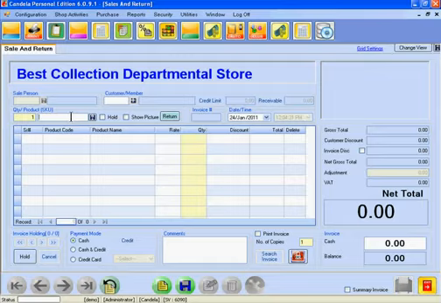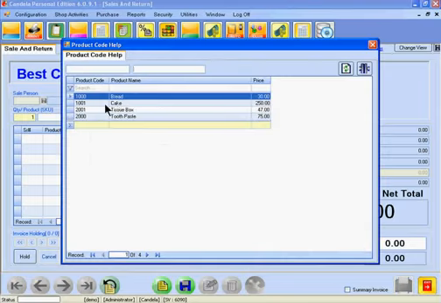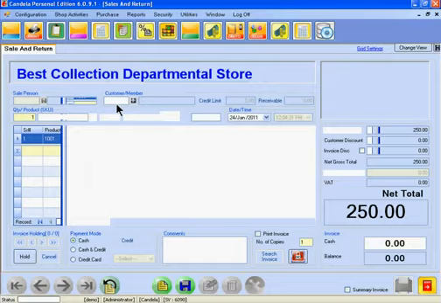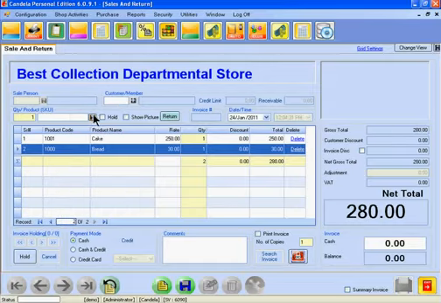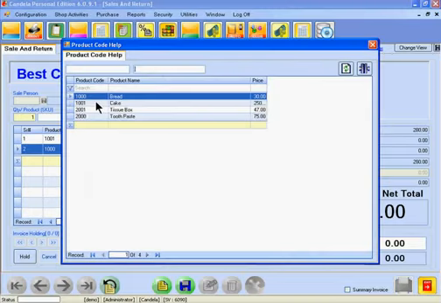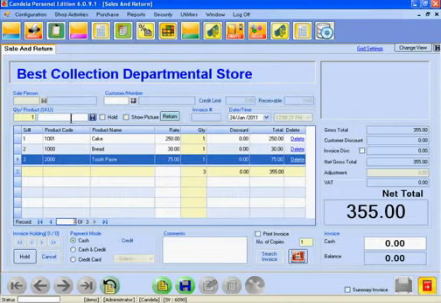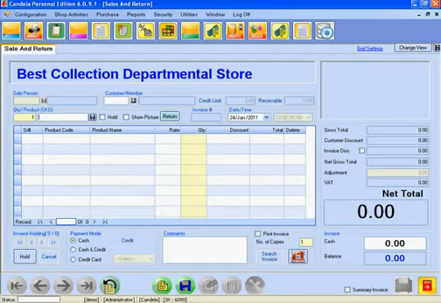For this, we can press F1, and we again press F1 and we enter another product. Similarly, we can click this list and enter this. Once everything is complete, we give the cash amount tendered by the customer and press the save button. The invoice is saved. We press new